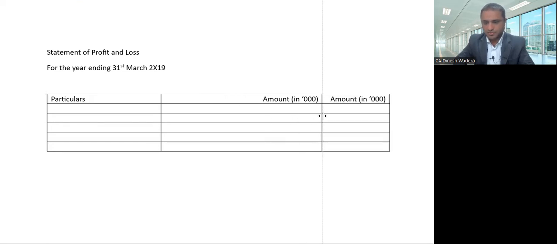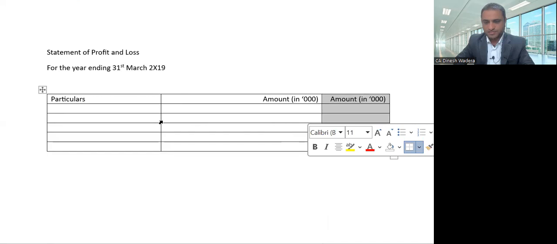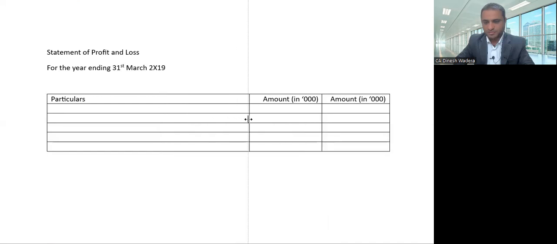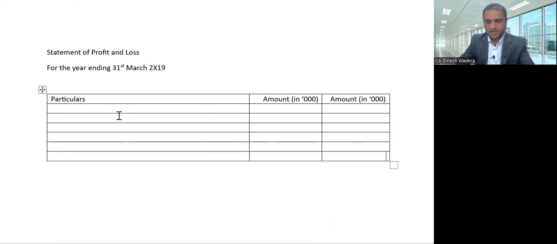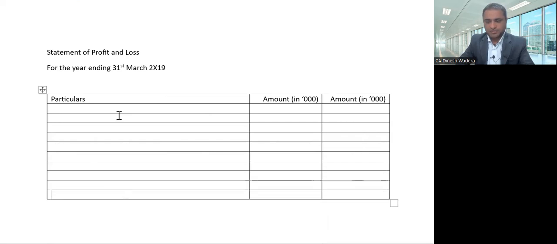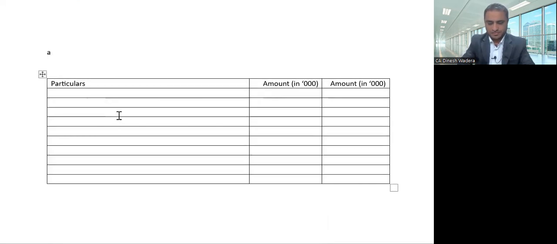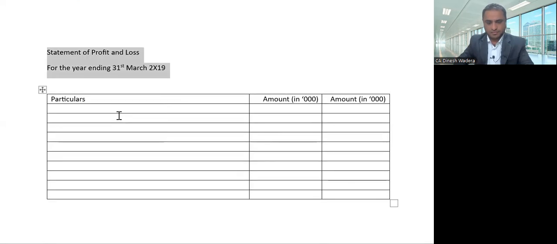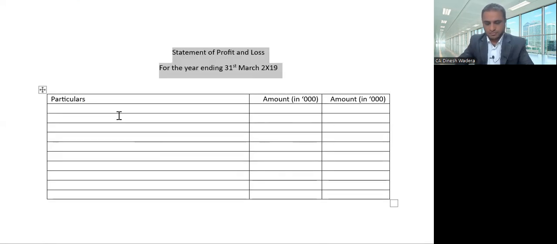And make that amount column appropriate to put in the figure, and a particular column to put in the particulars. So if you are using pen and book, leave a sufficient number of lines. You can make it a half page one. Similarly, on the remaining half page, or you can use the full page and use the next page